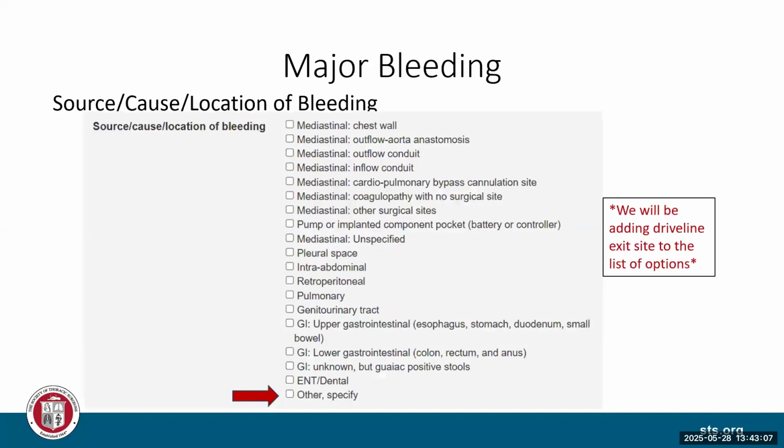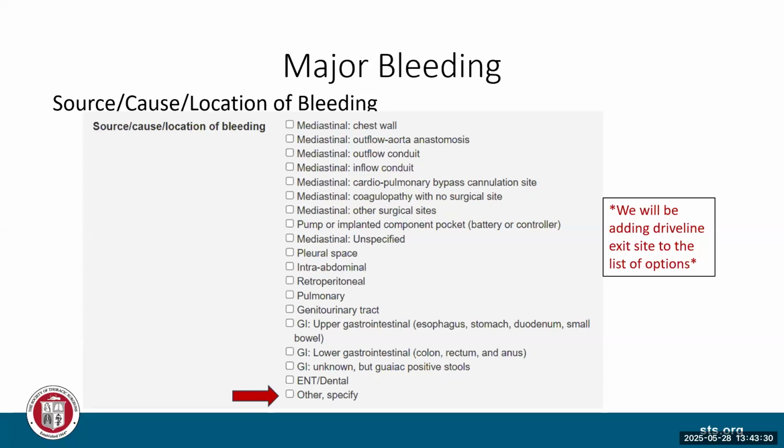And I did want to say, we will be adding driveline exit site to the list of options. Major bleeding is one of the adverse events, along with a few of the others, that are being updated and will be updated in live next summer, like around July 2026.